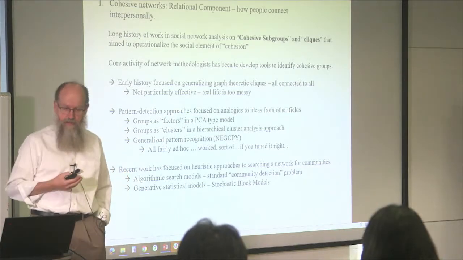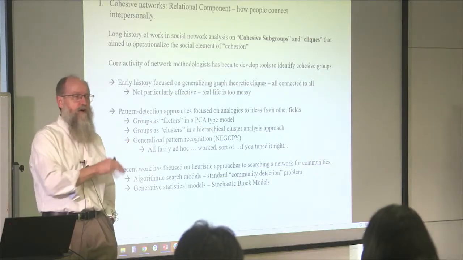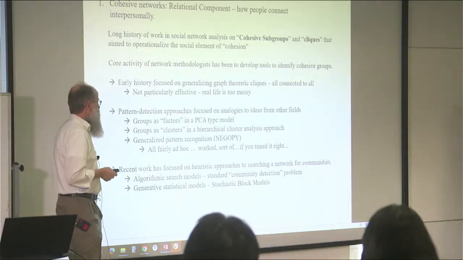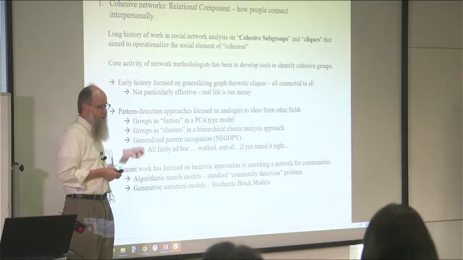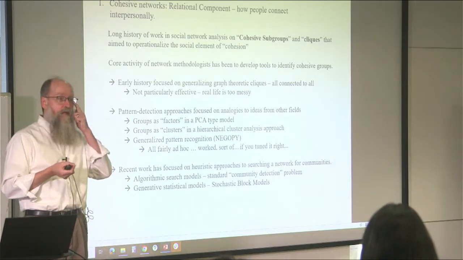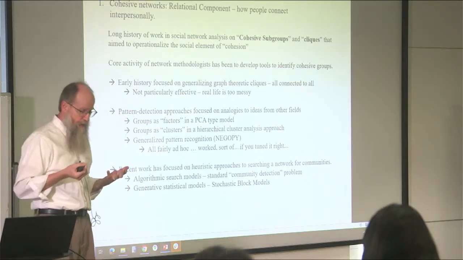Then we ended up with a whole series from about the 70s and 80s where we recognized that cliques and formal connections were not good for this combination of modularity, boundary salience, and cohesion. And so we had a series of really smart people come up with models to try to find patterns in networks. This work tended to be a little ad hoc. It was often very smart, but it was